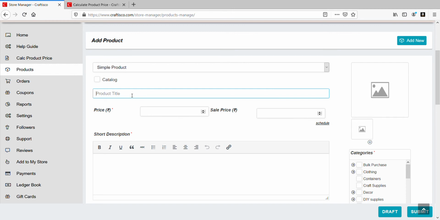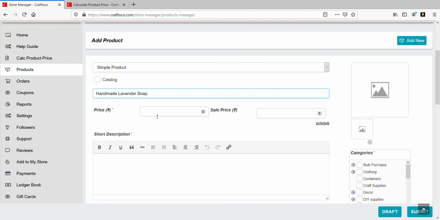So now I'm going to create the product title. Product title is what will be visible to the customers when they go and see your product. So this will be the title that your product will be identified with. So for example, if you're selling soap, you can write handmade Tulsi soap, or you can say handmade Tulsi, or let's say lavender soap.